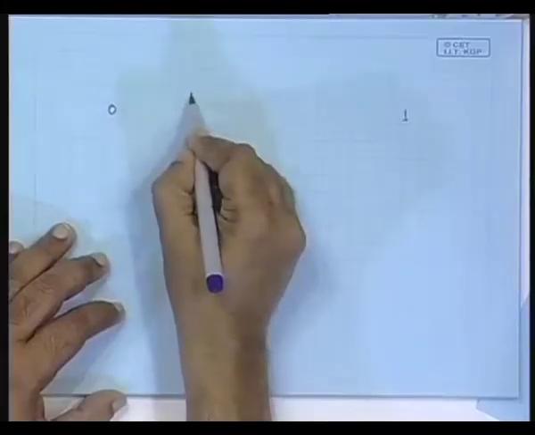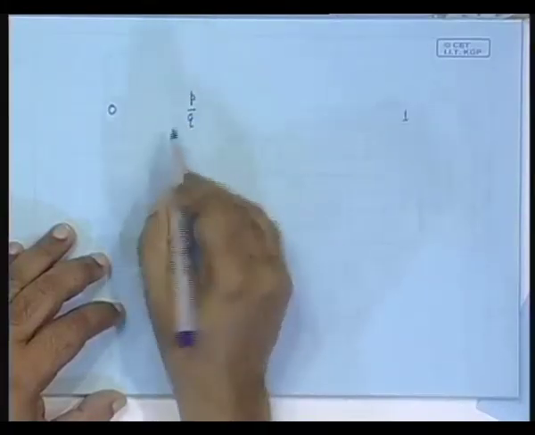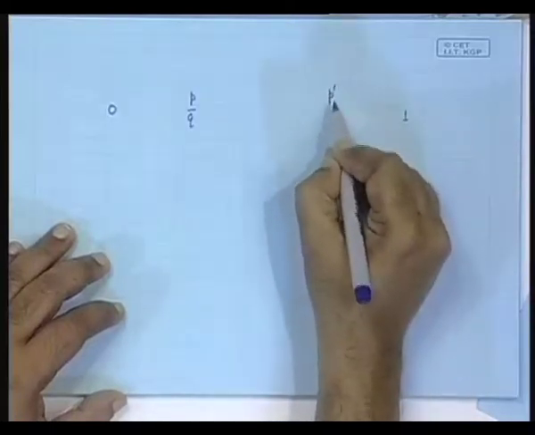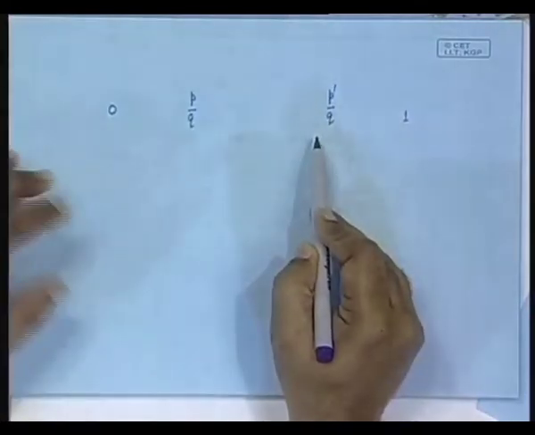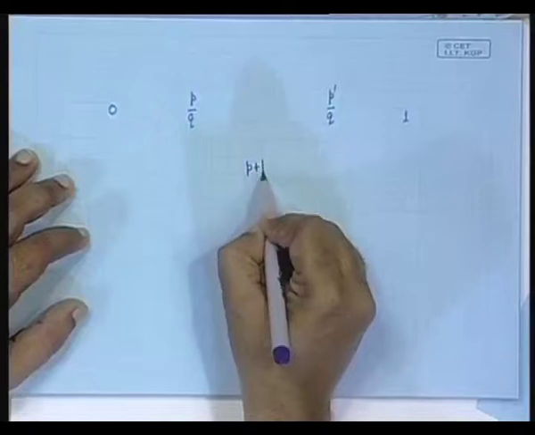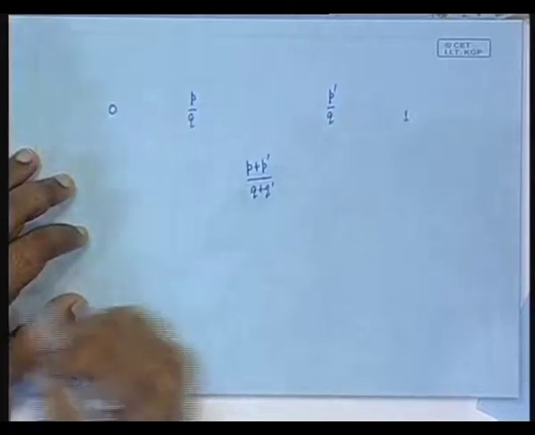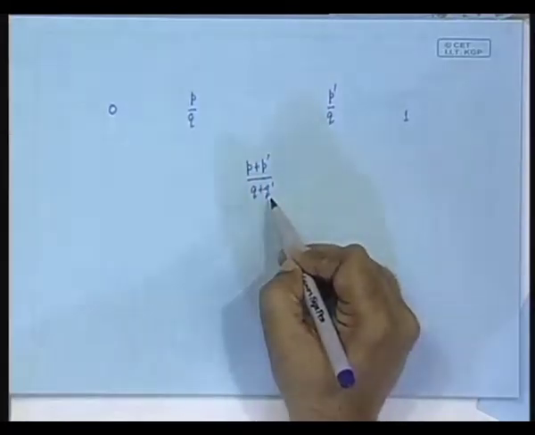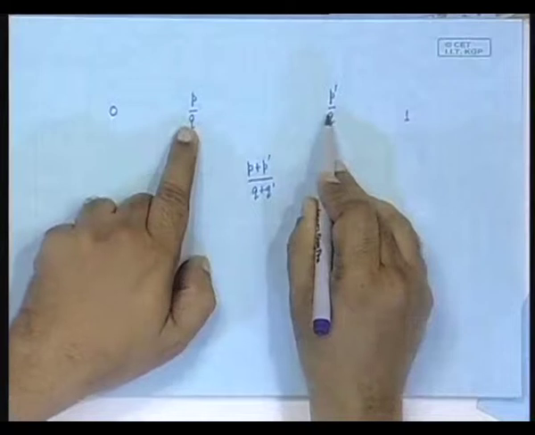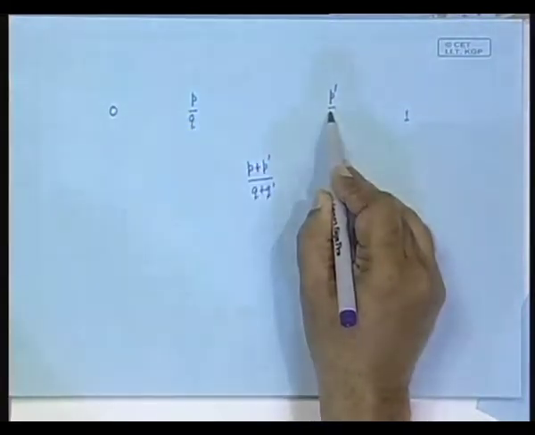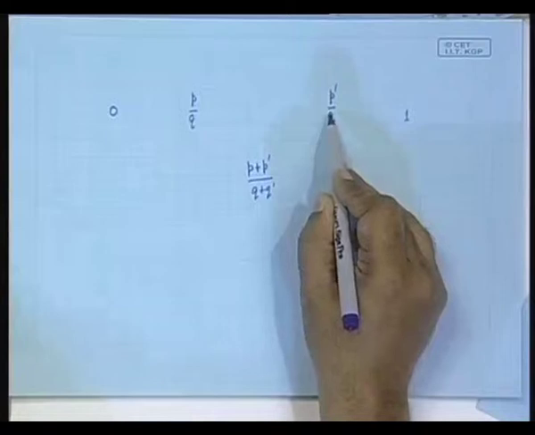Mathematicians showed that they occur in some specific ordering sequence, and they showed that if you have somewhere a ratio p by q, and somewhere here a ratio p dash by q dash, then in between there must be the ratio p plus p dash by q plus q dash. And not only that, this particular ratio has the lowest denominator in between these two. In between these two there will be an infinite number of rational ratios, but all of them will have a larger